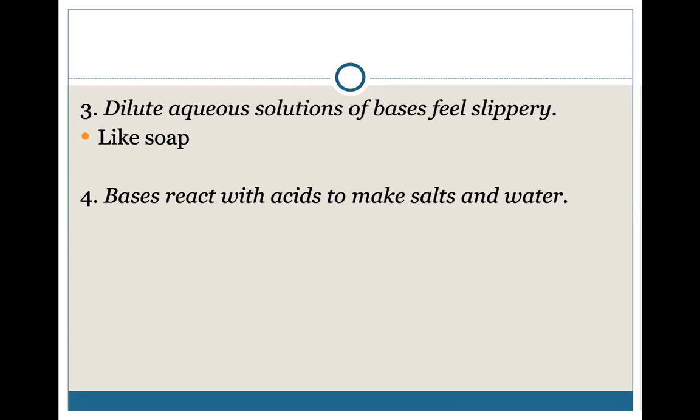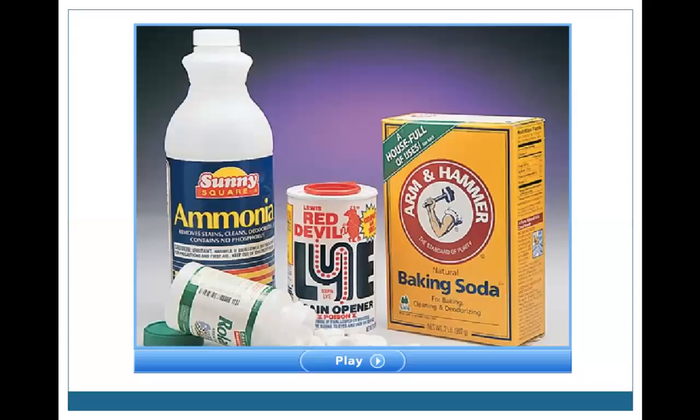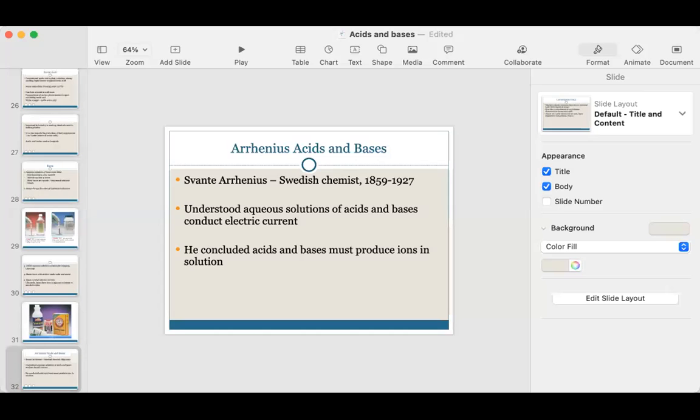Same with acids, acids react with bases to make salt and water. The reverse is also true. Bases react with acids. That's the same thing. And again, if bases are strong bases, they will ionize completely in solution and they can carry electric current. If you have a weak base like ammonia, it will not ionize as much, and so it will conduct a little bit of electricity, but not a lot. And that's okay. I'm not going to start Arrhenius today because he's one of the first scientists to define